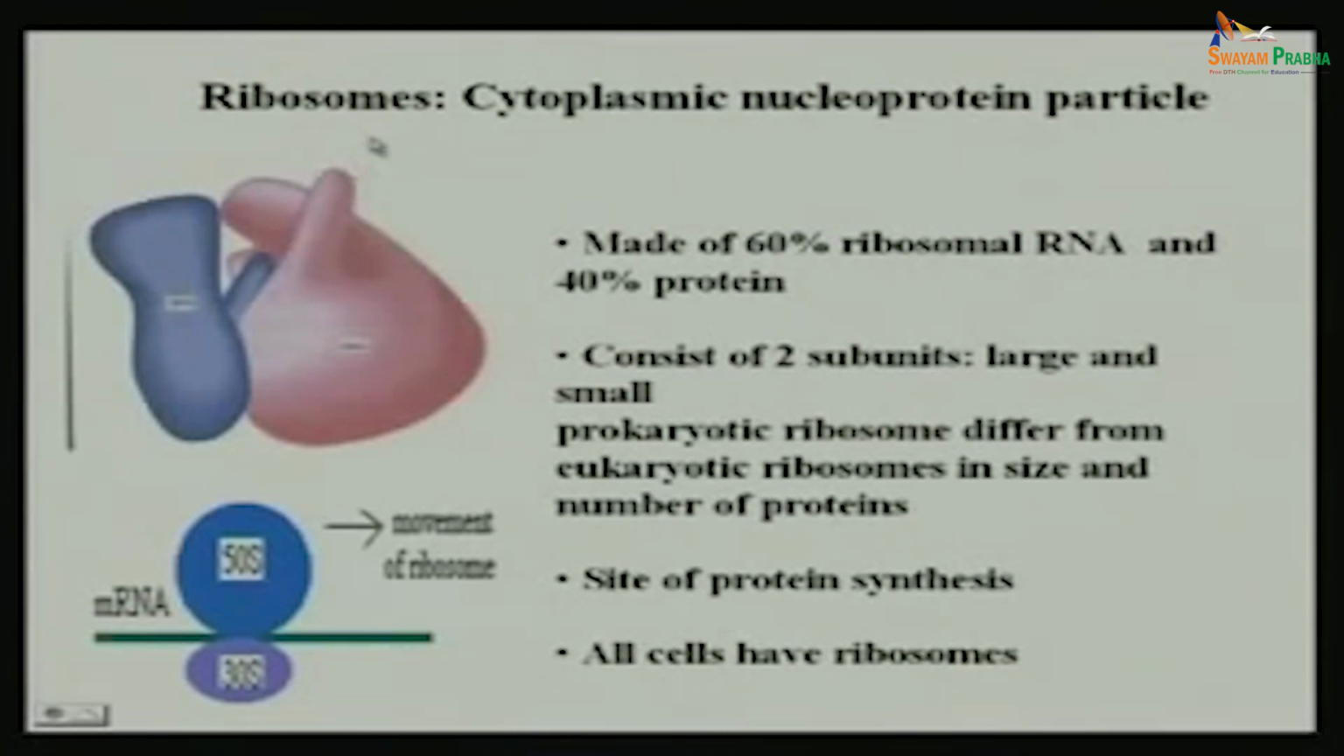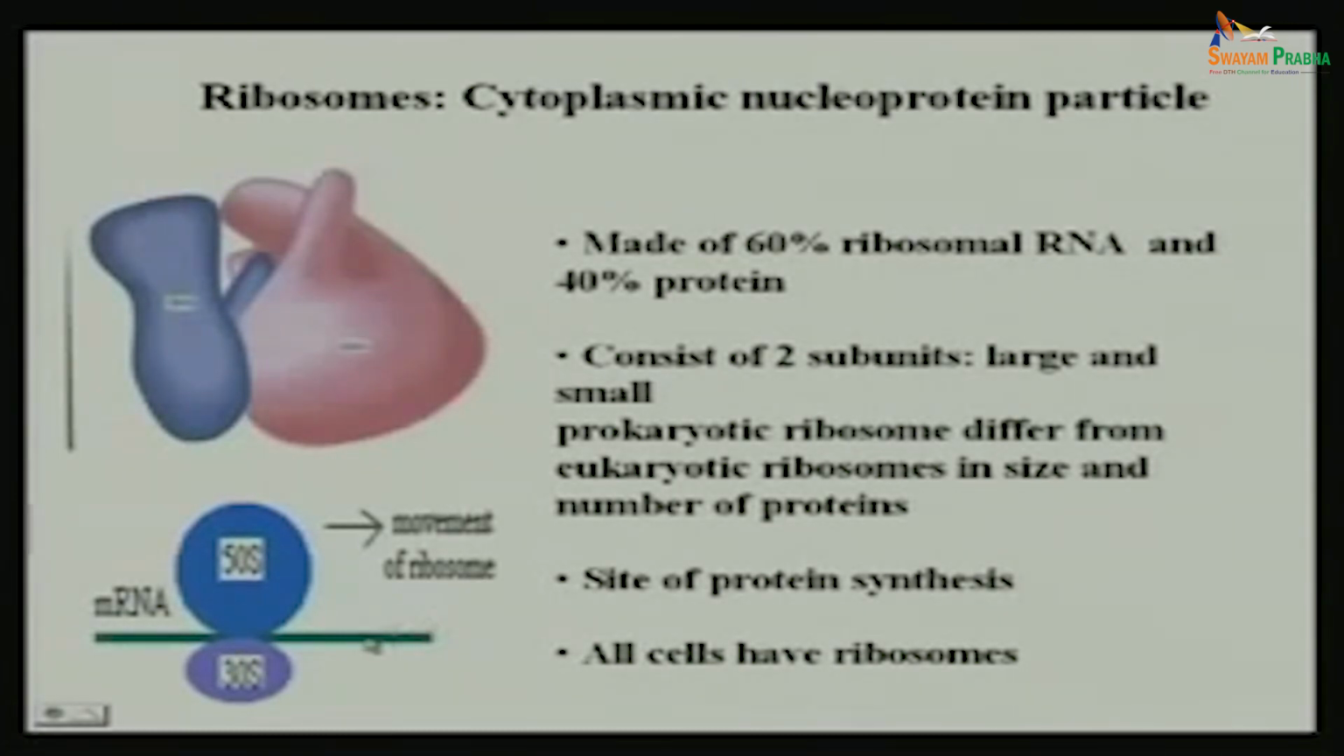If we come to the ribosome, it is made up of 60% ribosomal RNA and 40% protein. It consists of two subunits, one is the large subunit, another is the small subunit. In prokaryotic ribosome, the large subunit is a crown-like structure, and the small subunit is a kidney-shaped structure. The bigger one is the 50S and the smaller one is the 30S, and when the 30S and 50S come together and form the complete shape of the ribosome,